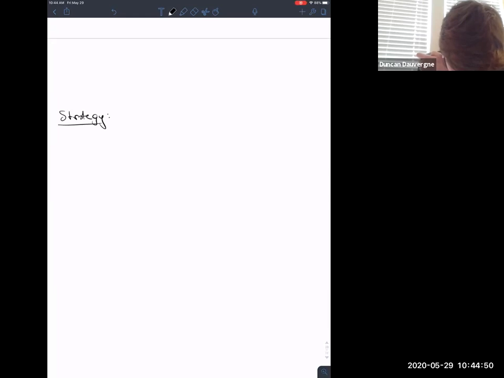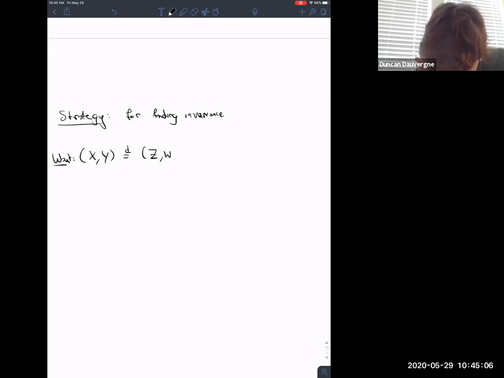So we have a strategy for finding invariance. So basically, if we want to show that xy is equal in distribution to zw, where you should think of these as sets of last passage values or sets of partition functions, what we need